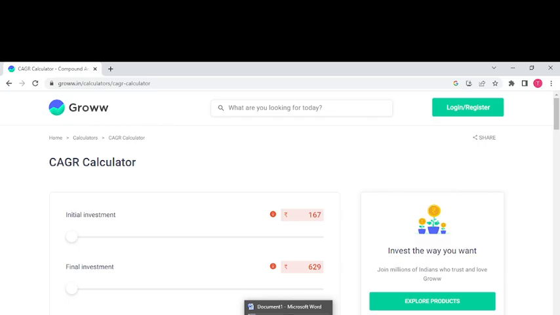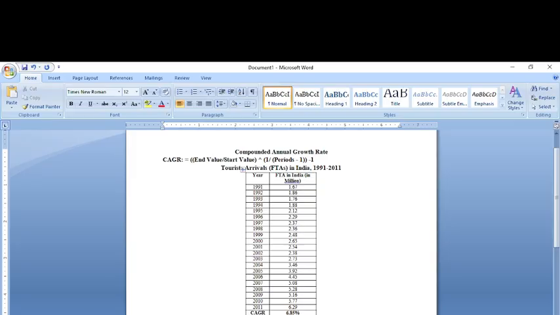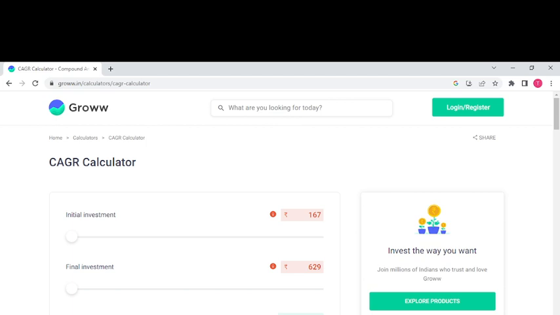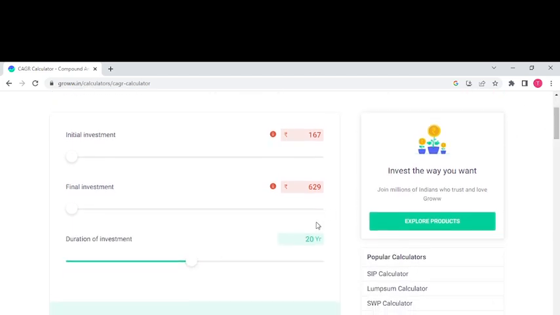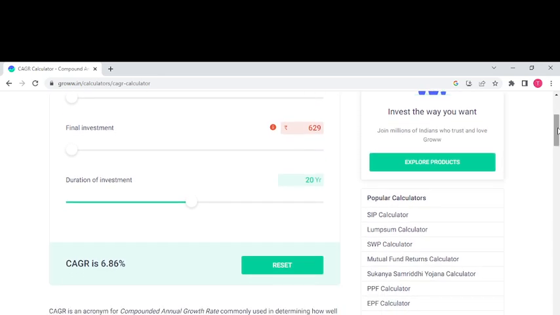I've used a money calculator, but you can use any online calculator for this. 6.29 was the final value, 1.67 was the initial value. I've removed the decimal, so 167 for initial, and final value is 629, and my number of years is 20, so the duration is 20, and you can see I've got the exact value of CAGR